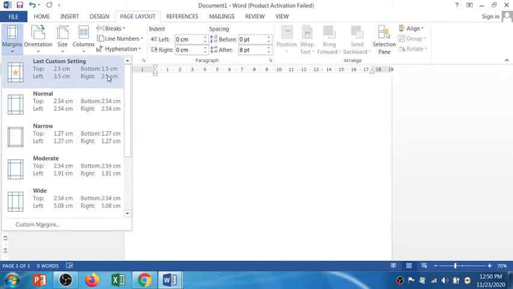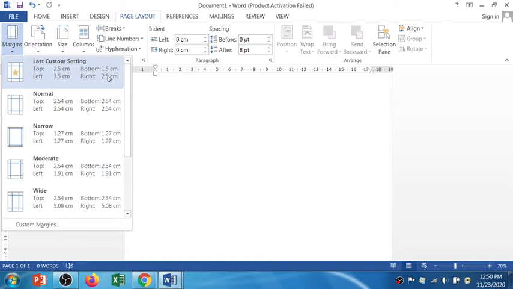Margin is the gap you want to provide on all four sides, I mean top, bottom, left and right margin space area. You want to keep it as an empty area where you don't want to print anything, you don't want to type anything.